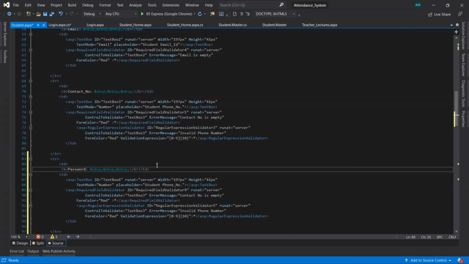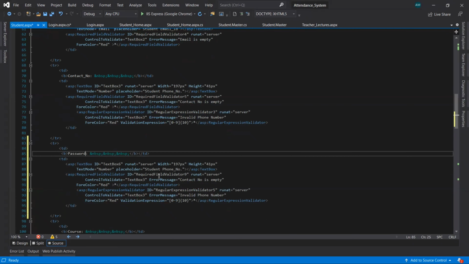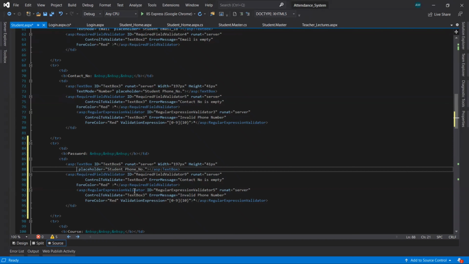And here let's change it to password. Remove the number text mode, because a password can be anything. In the placeholder we have to provide the student password.